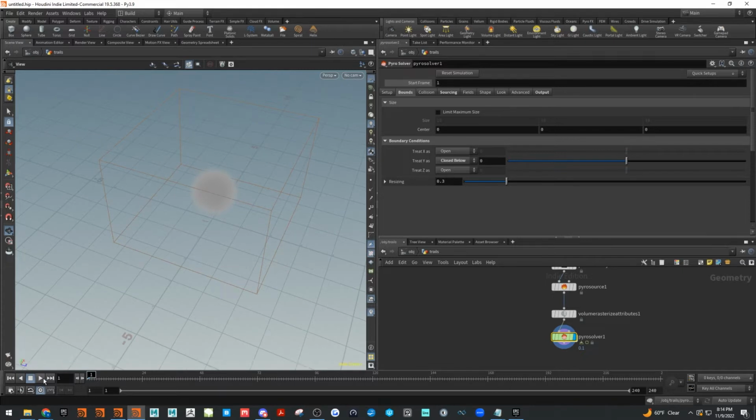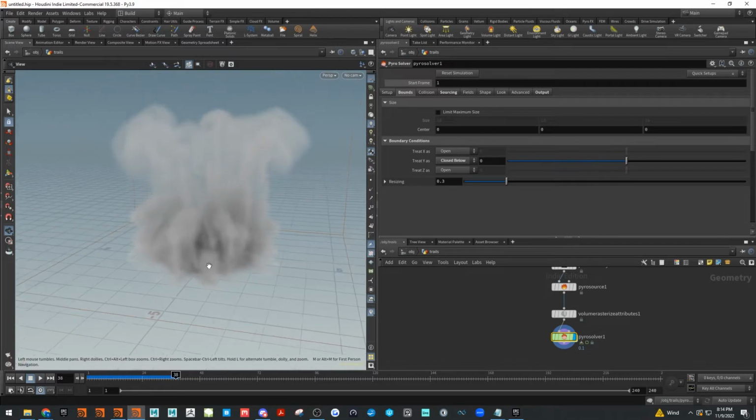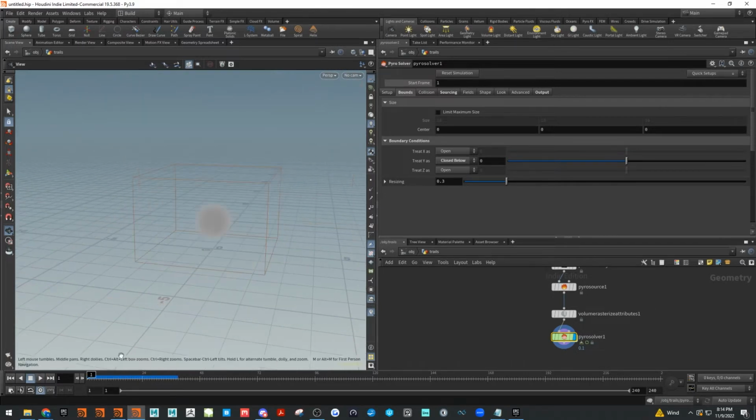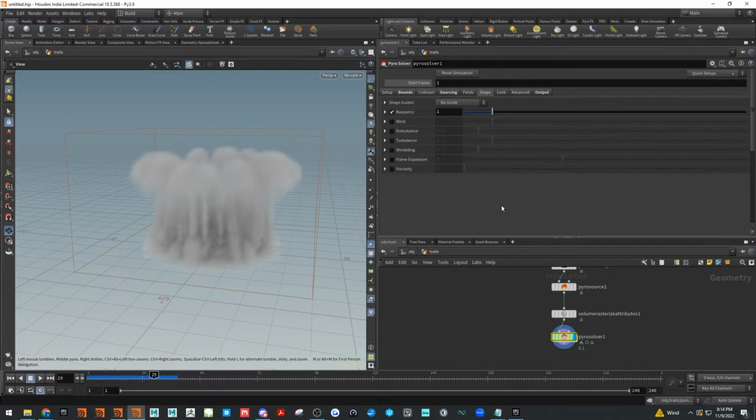Let's go ahead and see what we get with just the defaults here. There we go, got our simulation. But what we want with this effect is for the smoke to kind of stick to the ground and not fly up with buoyancy like that. So for this, let's start going into our shapes. Our buoyancy is definitely one of the first things we want to do. Let's set that to 0.2